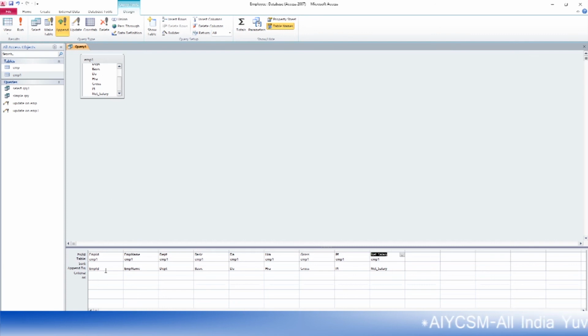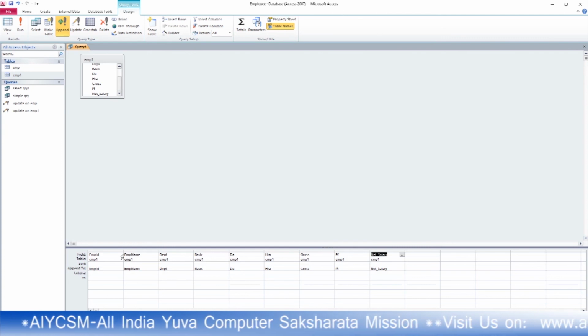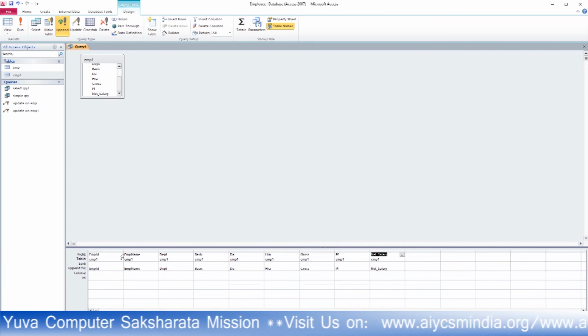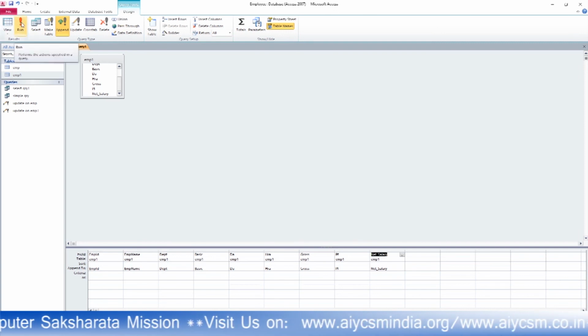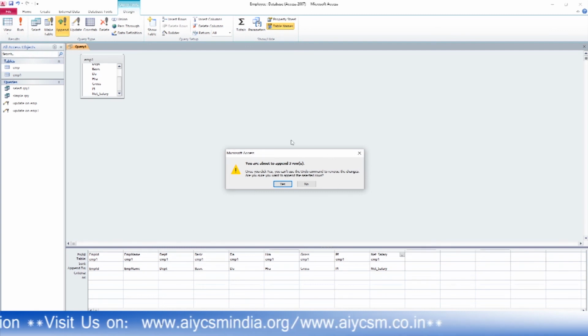So in one table I created EMP1 to EMP3, and in the other table I created EMP4 to EMP6. So the primary key is never conflicted, never duplicated, and never null. Now if I want to run it only one time, if you get this message, then you will find that your query is perfect. Yes, run it one time.